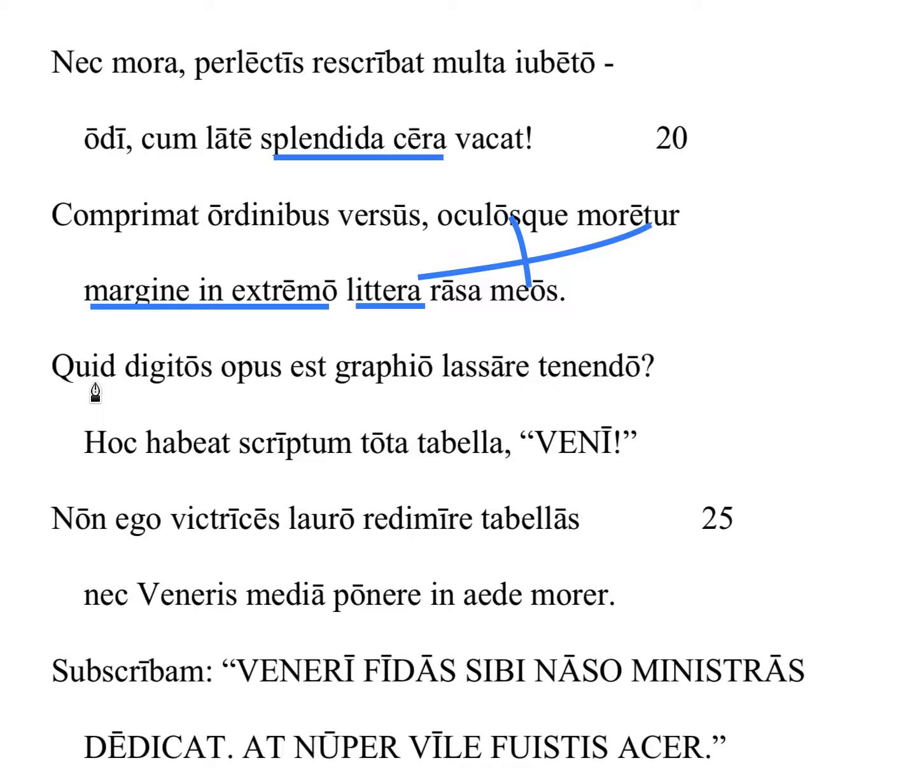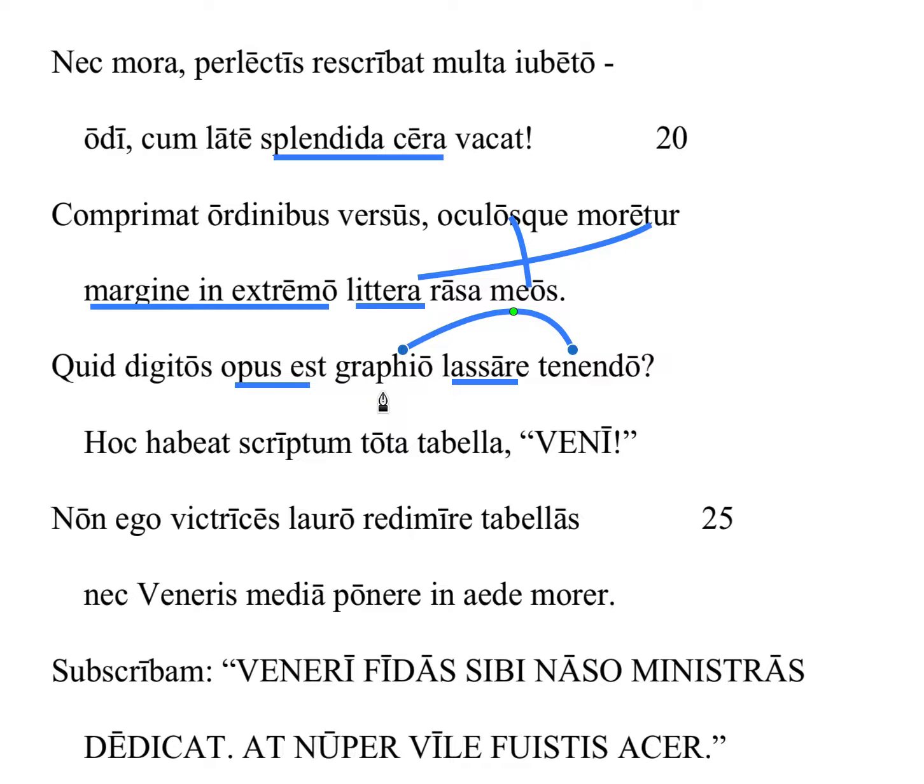Going on to the next here, quid opus est. Now, literally, quid what? But this is another one of those colloquial why, and then opus est, is there need? Why is there need? Now we have digitos, fingers, but we need an infinitive after opus est. Why is there need to wear out? There it is. Why is there a need to wear out my fingers, her fingers, by holding